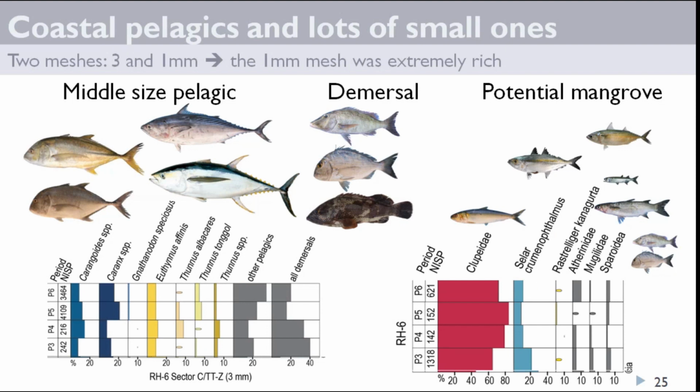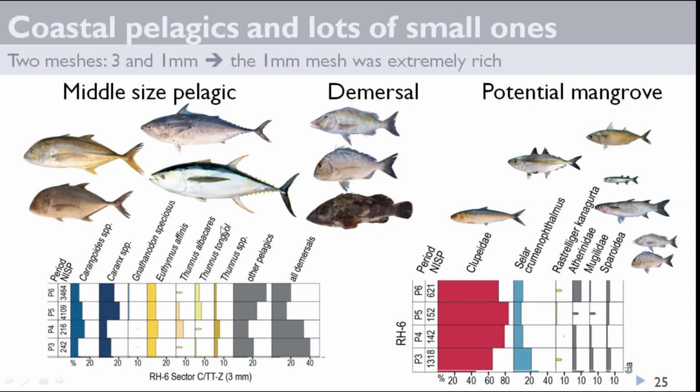In one trench excavated especially for the bioarchaeological sampling, 2 sorts of mesh were used in the sieving. So the 3 millimeter. You can see the result of the 3 millimeter here, and I performed some sampling on the 1 millimeter here, and this one I did in a totally exhaustive way. So what we can see with this result is that the coastal pelagic fish are the most representative